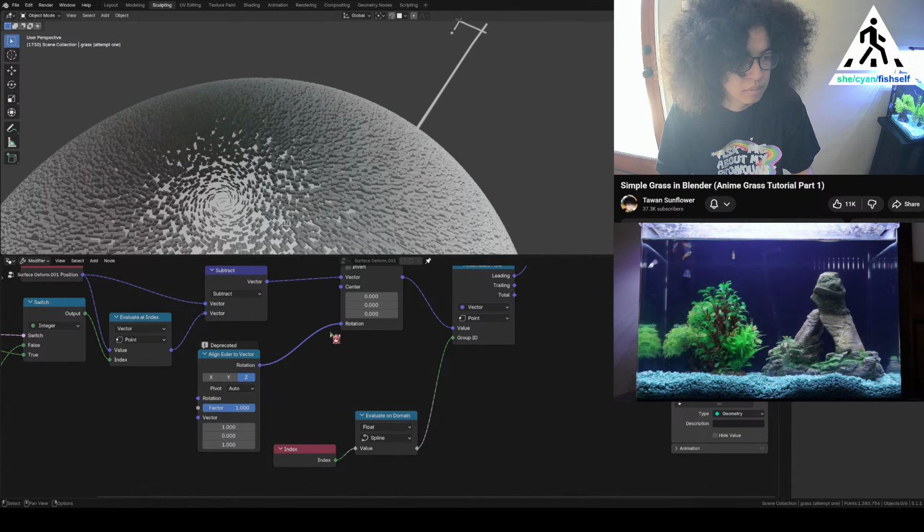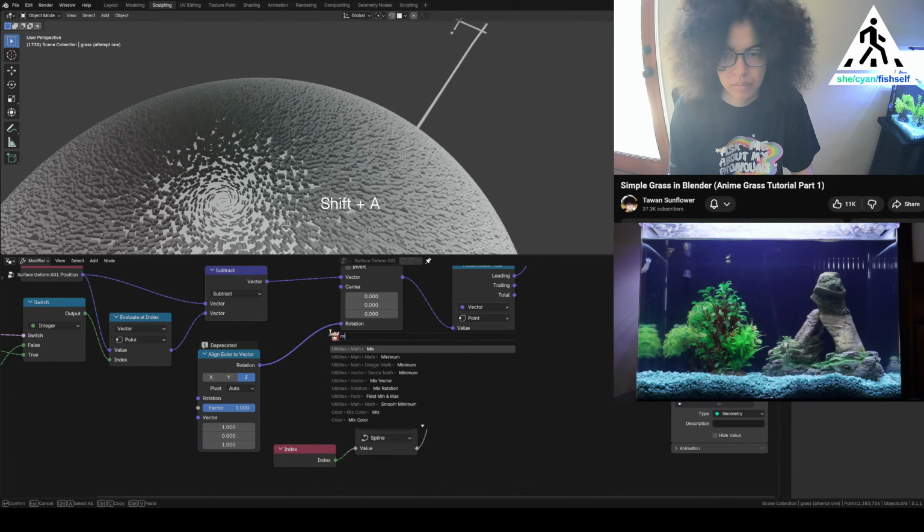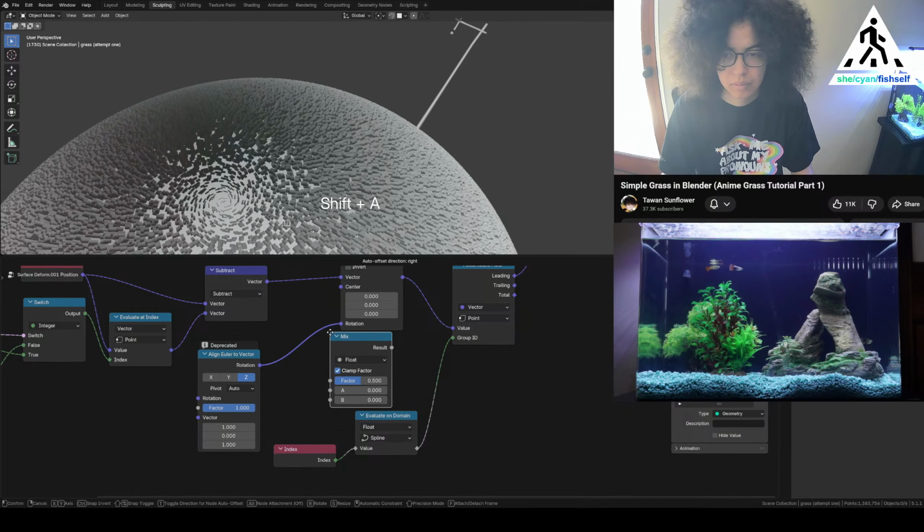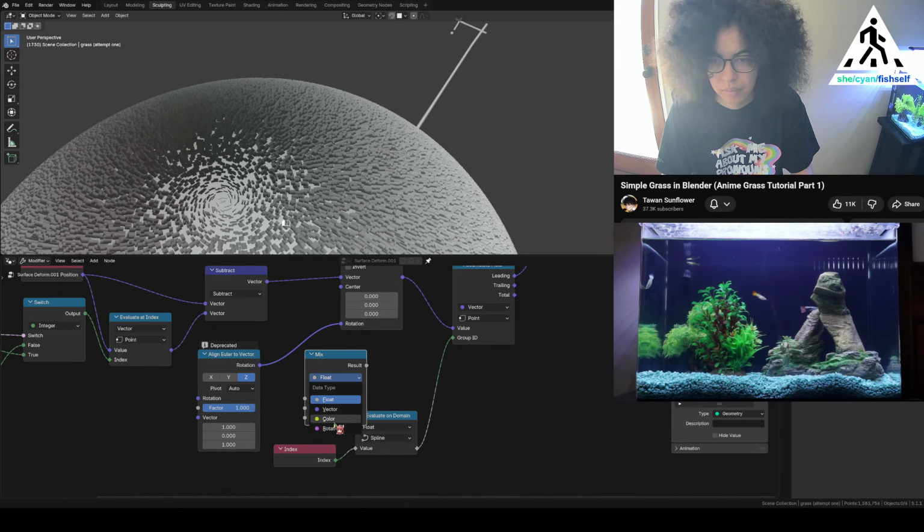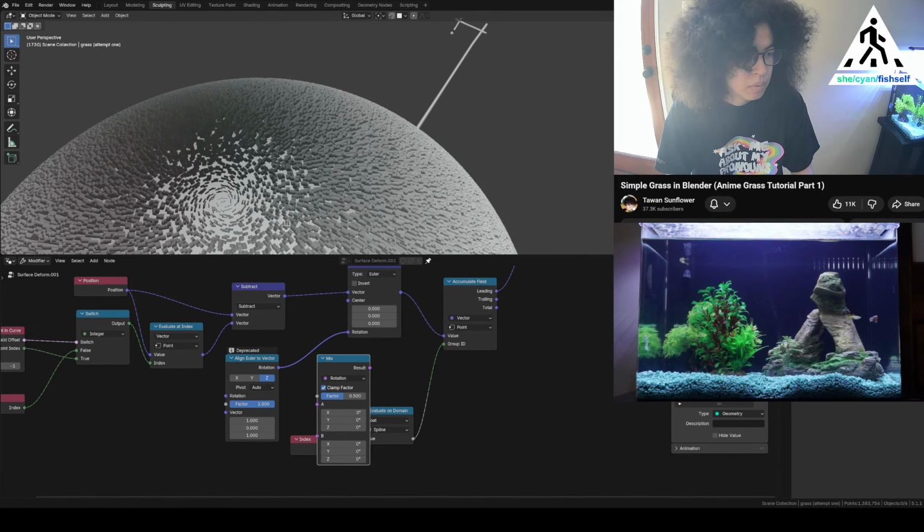We'll grab a mix node, set it to rotation, then we'll plug this into the B socket. We'll grab the spline parameter nodes, which generates this nice gradient. On the root,